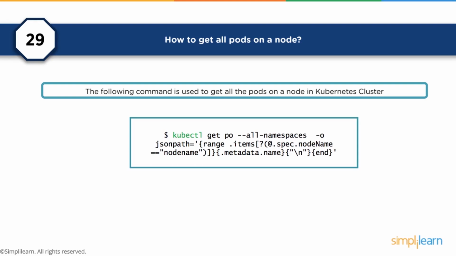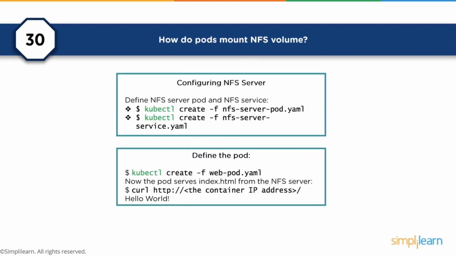So how do pods mount NFS volumes? And so in these examples here, we actually define the NFS server and then the pod and how you'd actually mount the two together. Again, what you want to be able to do is illustrate why you would use YAML and how you'd actually then point to specific IP addresses within your Kubernetes environment, within either the production or test environments, to be able to illustrate how you would mount up those NFS volumes.